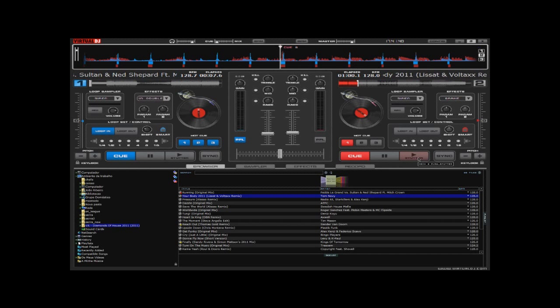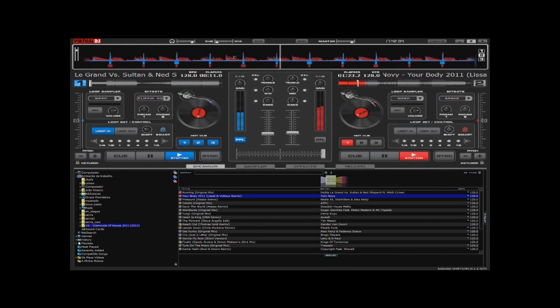So if I have this music playing, and this is 128 BPM, and I want to mix the music in deck 1, I can click sync, and the BPMs are already the same, and I can, for instance, hit play, sync again, and it puts the music synchronized,